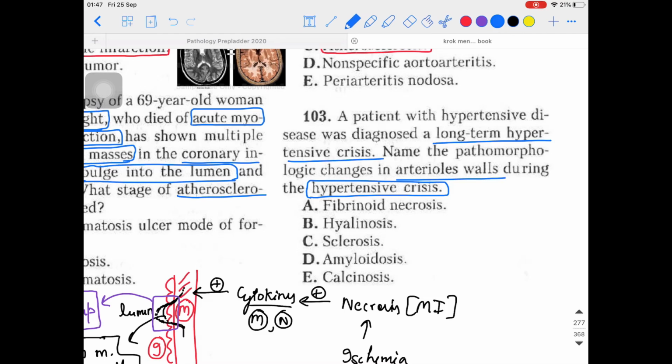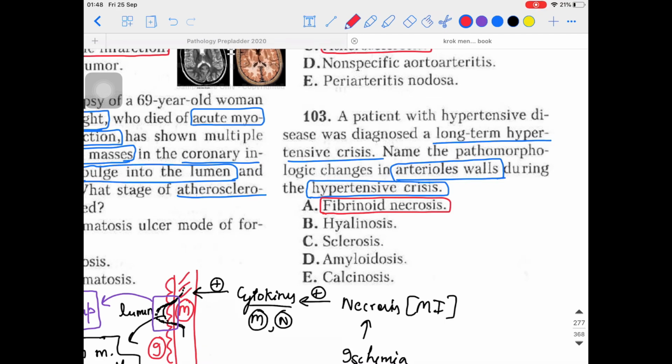So hypertensive crisis is obviously a very bad situation. So in this case, what will be happening? If I'm talking about hypertensive crisis, I'm talking about the blood vessels. Obviously, if I'm talking about blood vessels, which kind of necrosis will be seen? If you know the process, you know the answer, bang on. Over here they are talking about the arterial walls, the blood vessels. So which kind of pathomorphologic changes are they talking about? That is the fibrinoid changes. Now let me talk about fibrinoid changes, fibrinoid necrosis you can say, or fibrinoid changes. It is a specific pattern of irreversible damage.